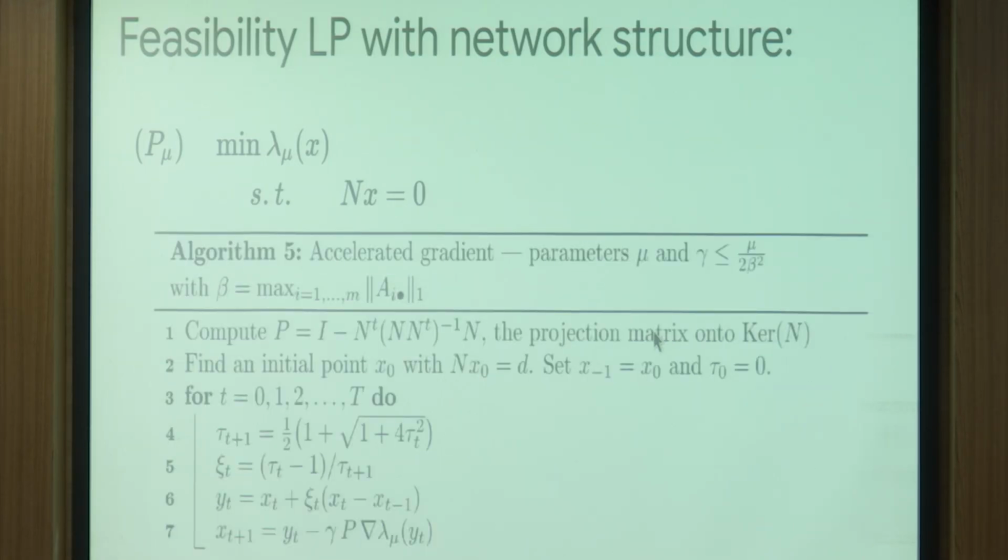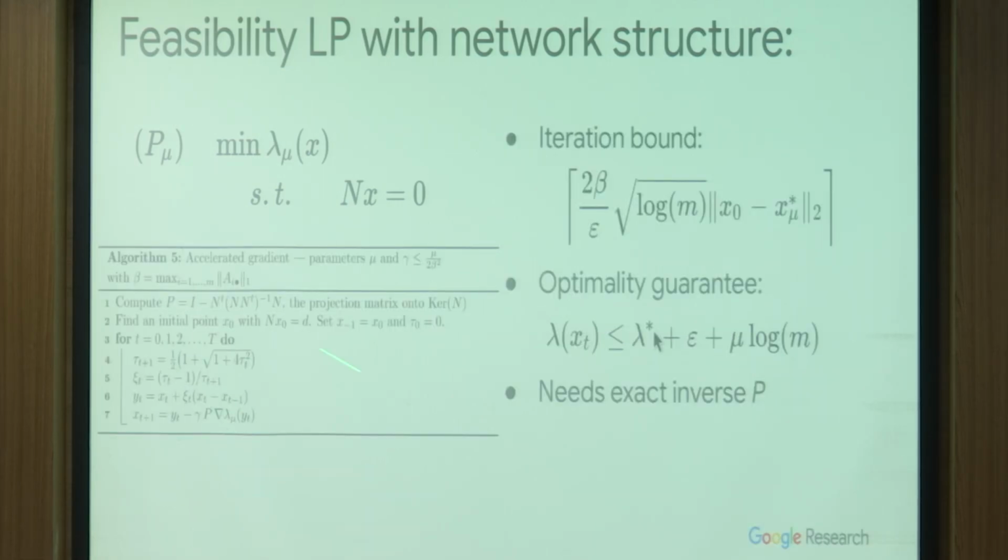And you can think about accelerated gradient with projecting directly into the curve, which will not be an oracle with flow. It will be more expensive. I didn't want to do this because I said you need an inverse of P, and I was wrong. You don't need an inverse of P. You can do it, and I'll show you how. Anyway.